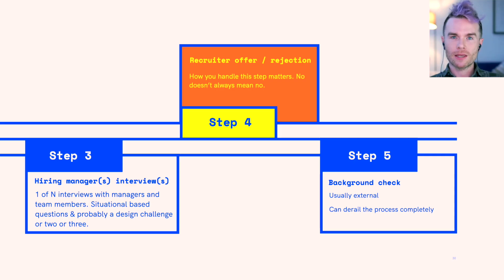Step 3, if you get through the recruiter, is to get to an interview with a hiring manager or an interviewer, or multiple of those. So it could be one interview or multiple. I think I had 7 in total with Google the second time, and another 3 after that when they went and put me up for a different position. But the interviews could be numerous and difficult. They're usually